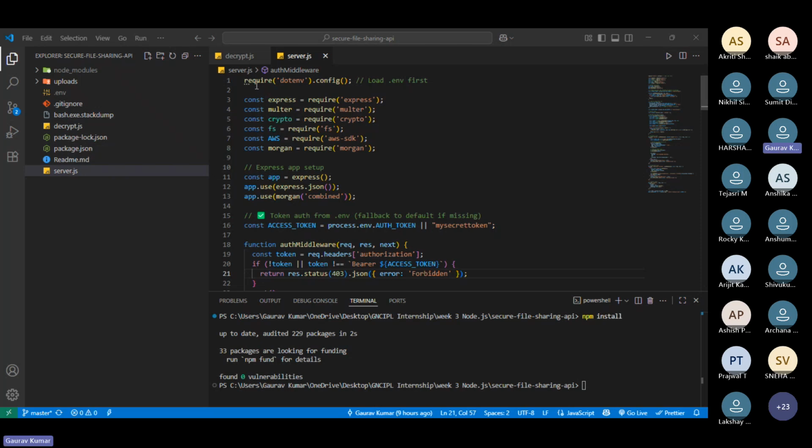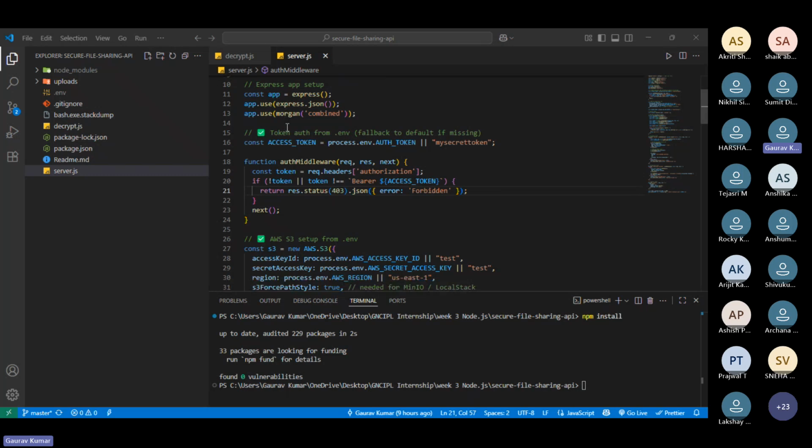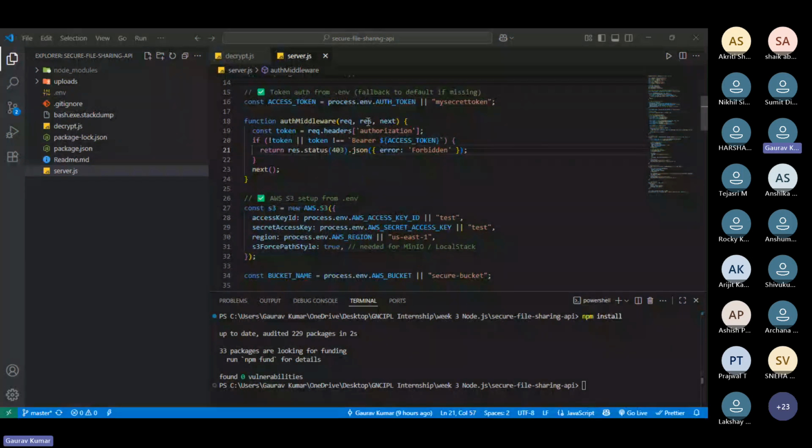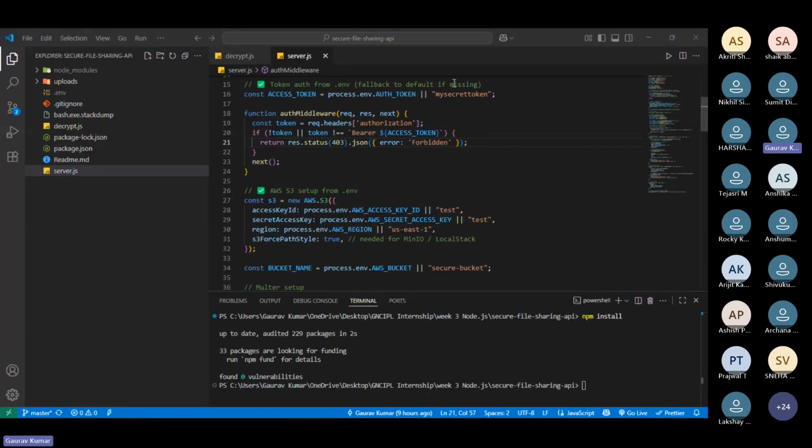This code is server.js, this is the pathway, and this is the Express app. Second is the token, my secret token, which I paste in Postman.